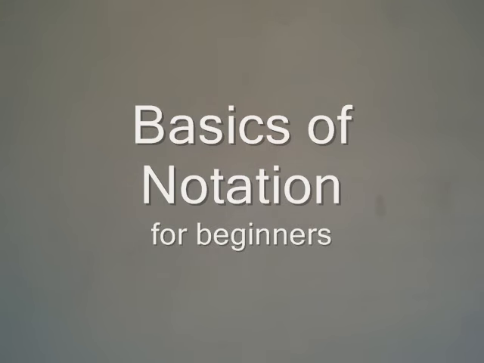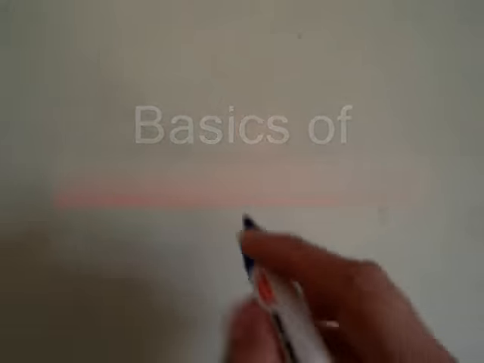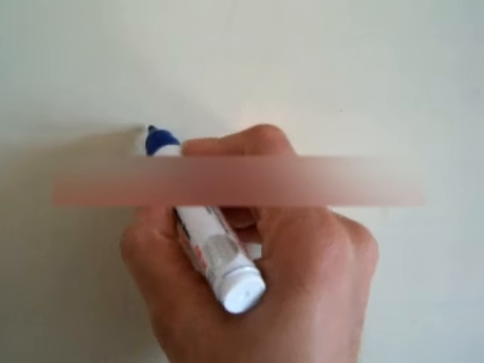This is a very basic tutorial to make you understand how to read and write Western notation. So first of all, you should understand that music in Western style is written on 5 lines, like